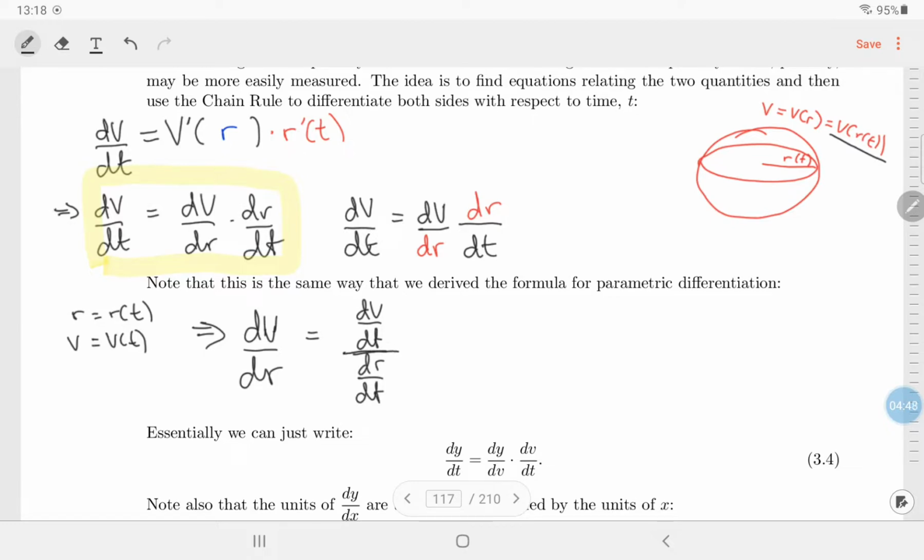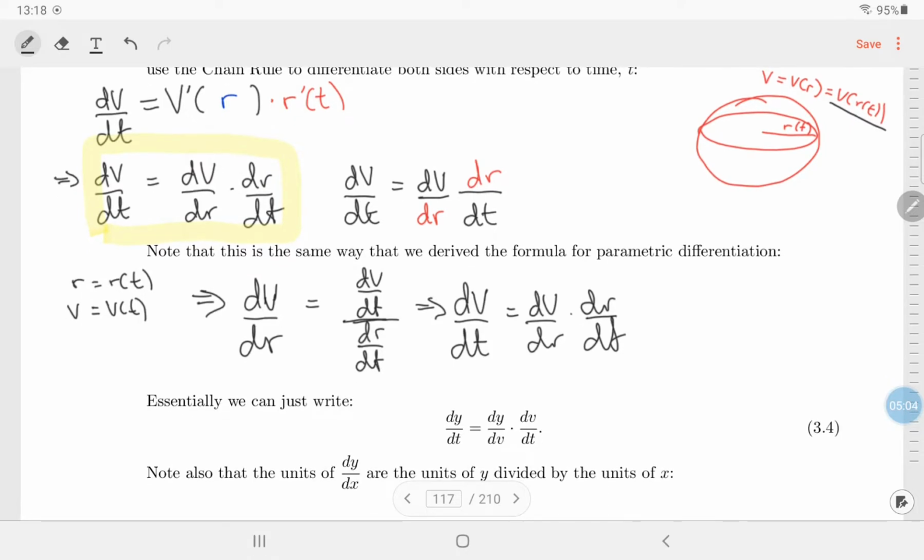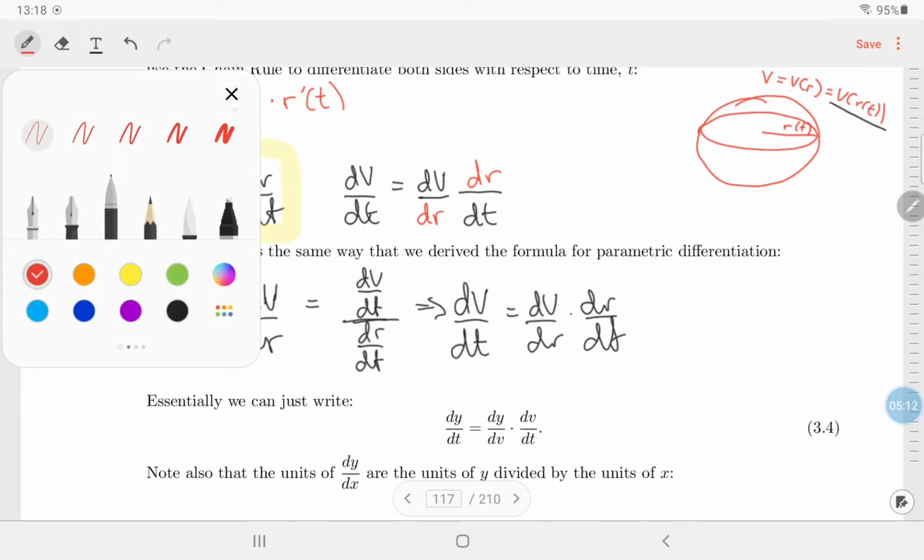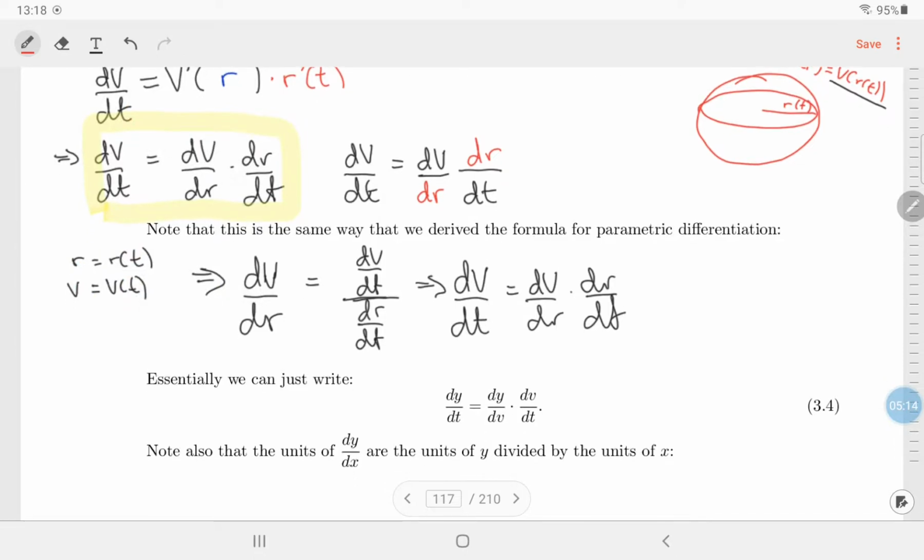And then if you want, you can get the formula above by multiplying both sides by dr/dt. So you get dV/dt is equal to dV/dr times dr/dt, which is the same formula as the highlighted one. Essentially, it's saying that when you've got any function y of t, you can just spread out the dy and the dt and then throw in another